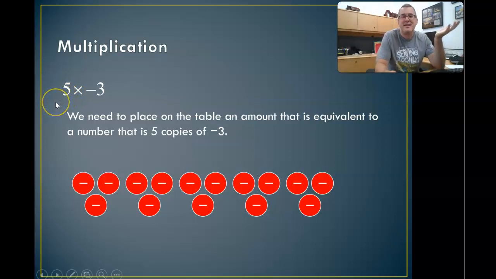They never really made sense of things. They were just remembering rules that made no sense. And what happens then is we get situations where students apply a correct rule, but they apply it in the wrong case. With addition, you would take the sign of the larger number, in this case the positive,